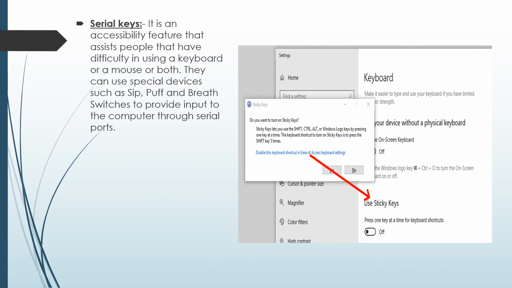The last type is serial keys in accessibility options. It is an accessibility feature that assists people who are not able to use the keyboard or a mouse or both of them. Then special devices are available such as sip, puff and breathe switching devices. Through these devices, the user provides the input to the computer.